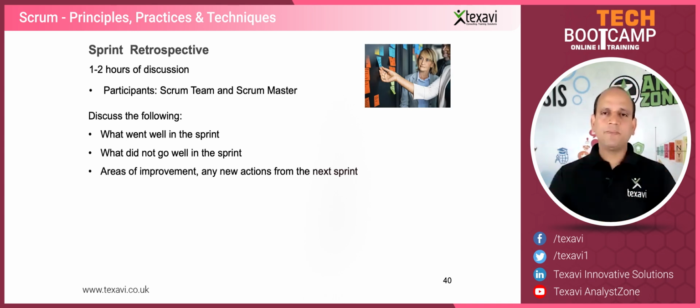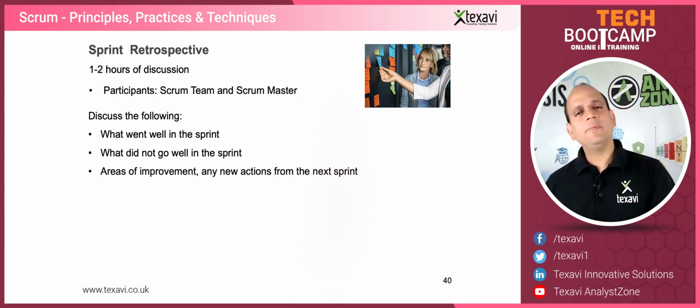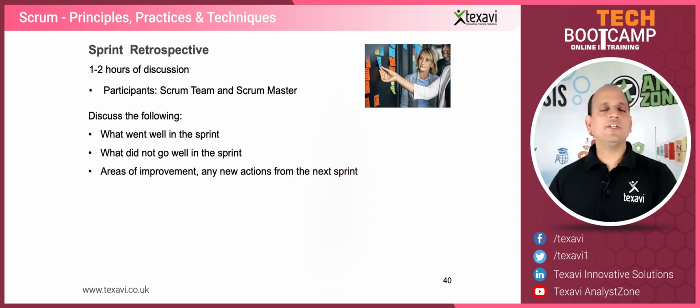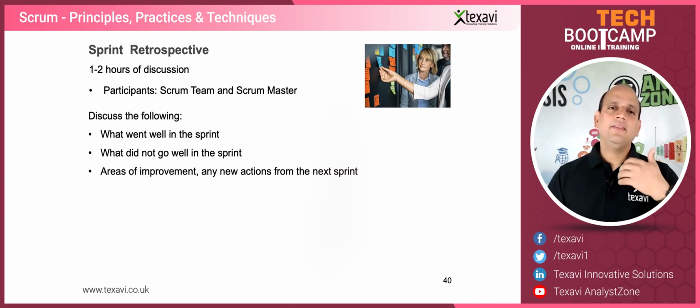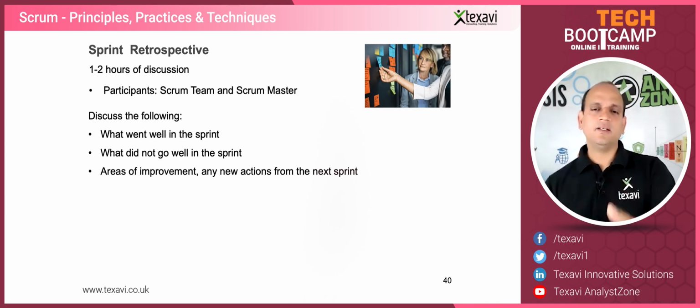So you're transparent, you're opening up to a team, and you're talking about what are the problems, and then you're coming up with improvement, areas of improvement. The inspection is basically about checking back, looking back, retrospection. And that's why it's called retrospective. Retrospective is looking back in the last 2 weeks, what happened, how did we do, and then changing if anything needs to improve, and then working on that. And that's called adaptation, right? Transparency, inspection, adaptation. And that's a continuous